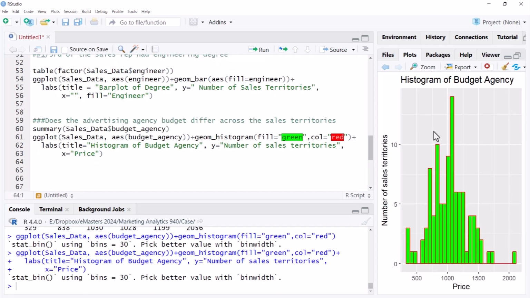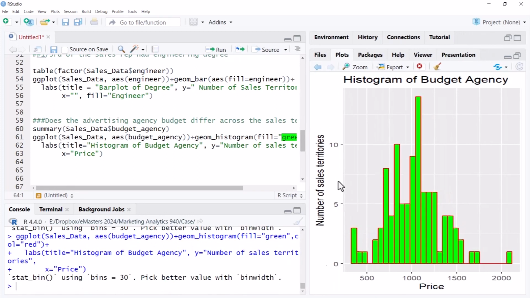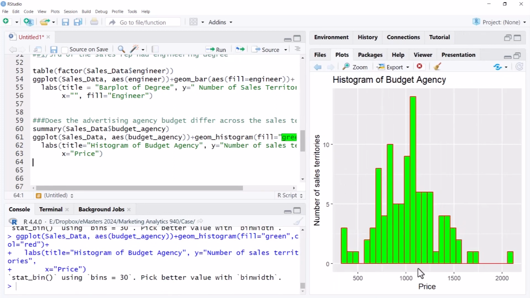So now we are done. You can see a very nice plot has appeared. You can see the prices. Most of the prices are scattered in this range of 1,000, somewhere around that. The lower ranges are around 500. It's worthwhile to examine whether these lower budgets are in appropriately small territories, while these higher extreme budgets,